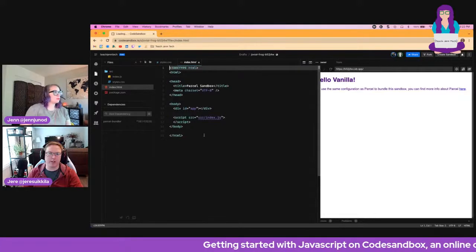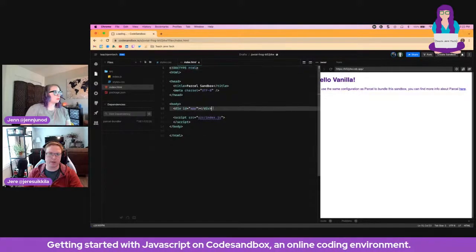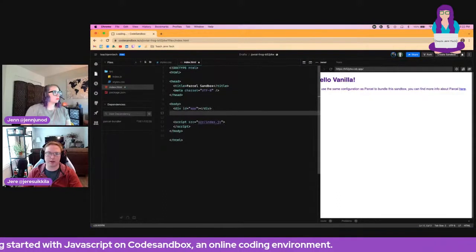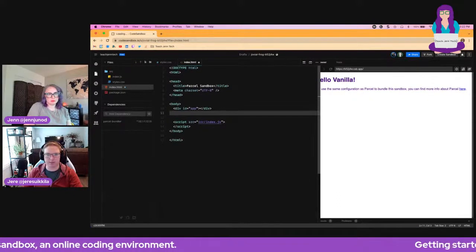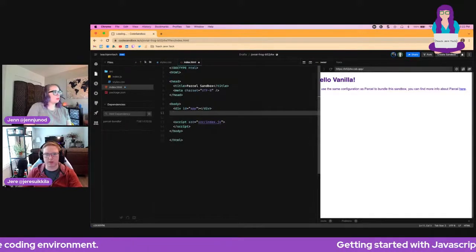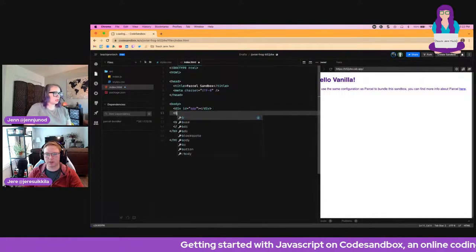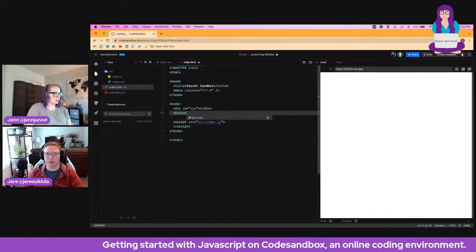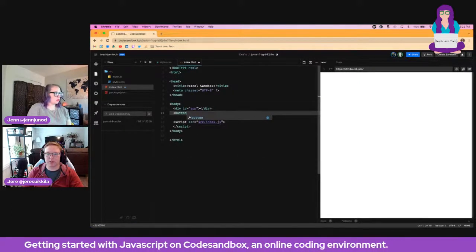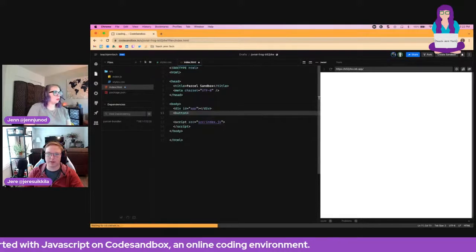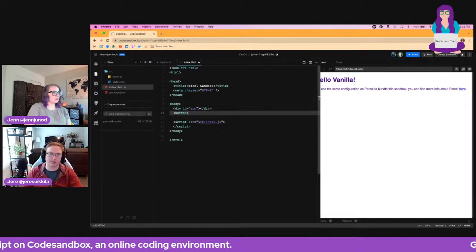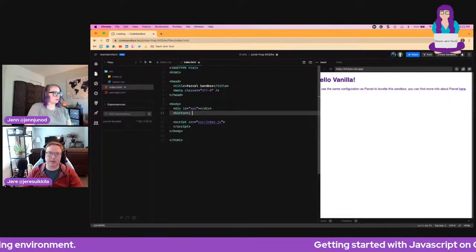So underneath, in the body, under the div where div id app, make a new line there, and let's do a button. So start with opening a new tag and write button. Like this. Then close that, and you have to end that tag as well, the same way you've done with the div above.